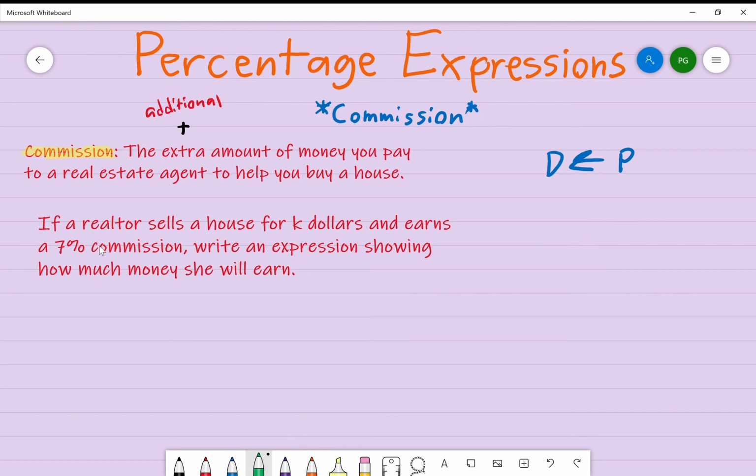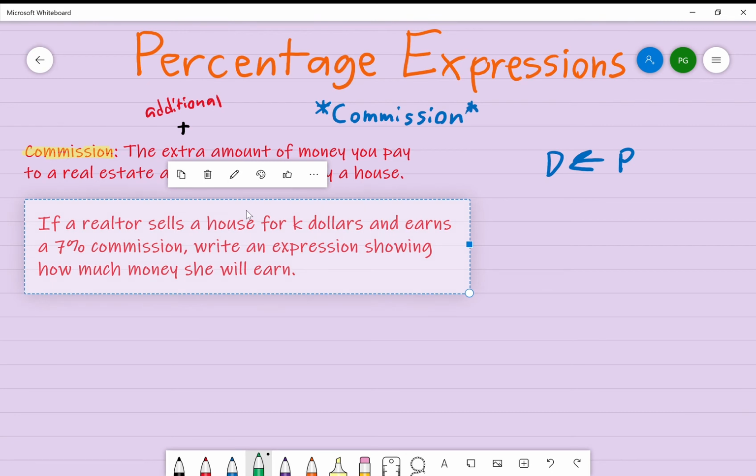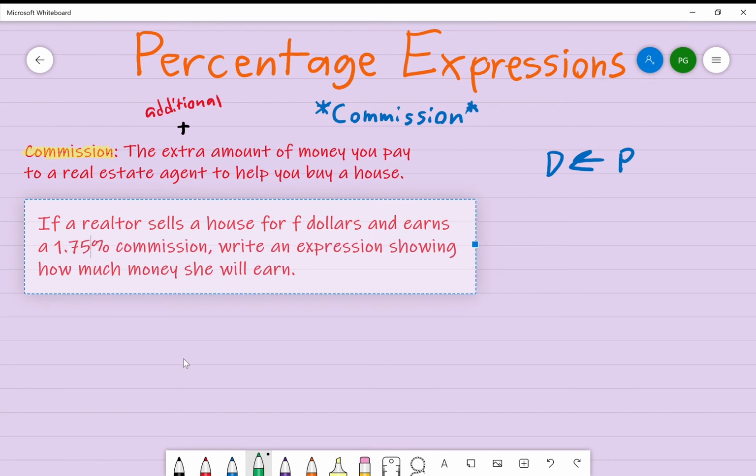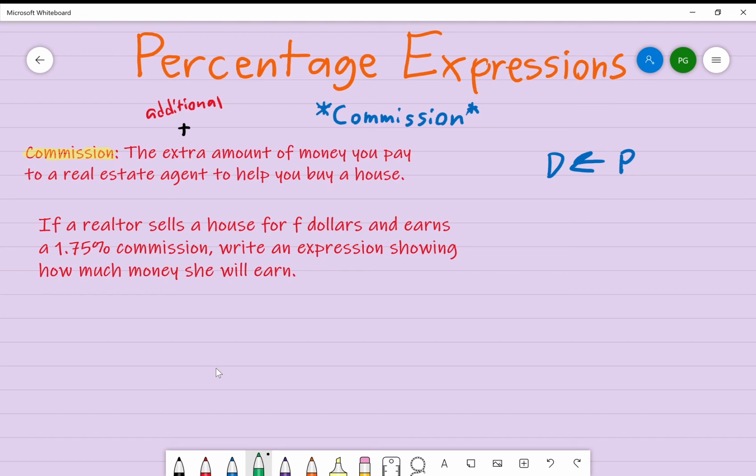Here, let's say a realtor sells a house for F dollars and earns a 1.75% commission. Same exact situation as always. Okay, so the house itself was 100% of F, and the realtor got an additional 1.75%